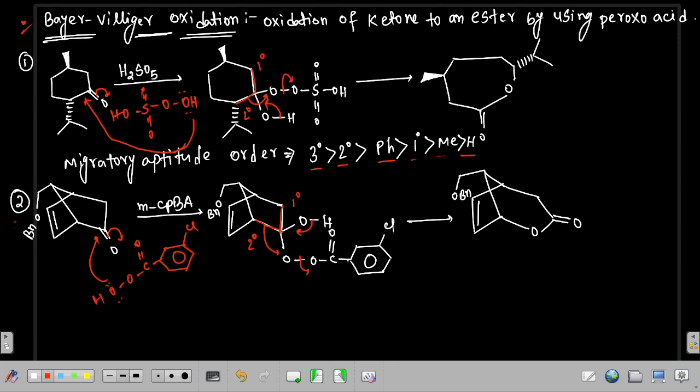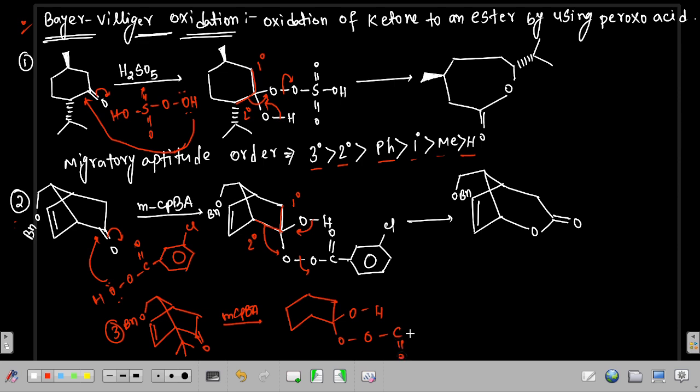Okay, because now there will be another exception, like the same example, with OBn. Here if any tert-butyl, any bulky group is there, then if we add MCPBA, it will give this intermediate, OH, OCO, this aryl group. Okay, here